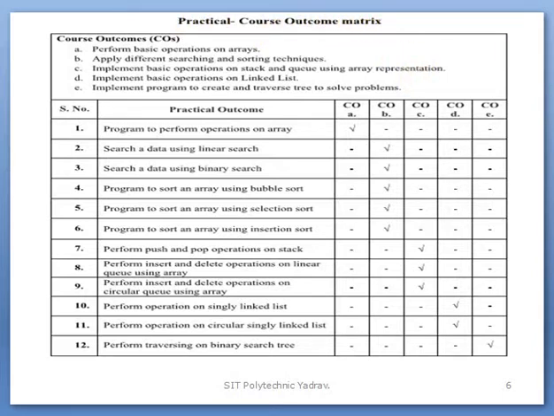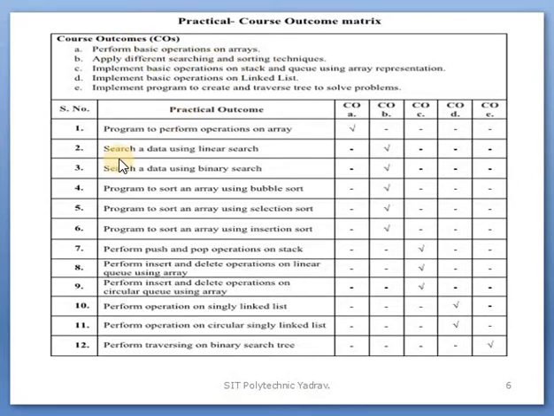I explained this matrix in the previous practical also. In the previous practical we completed practical number 1, program to perform operations on array. In that we did how to create the array and how to display the array, and then how to insert elements into an array and how to delete elements. These programs were done under practical number 1, and this practical achieves CO number 1, that is, perform basic operations on array.